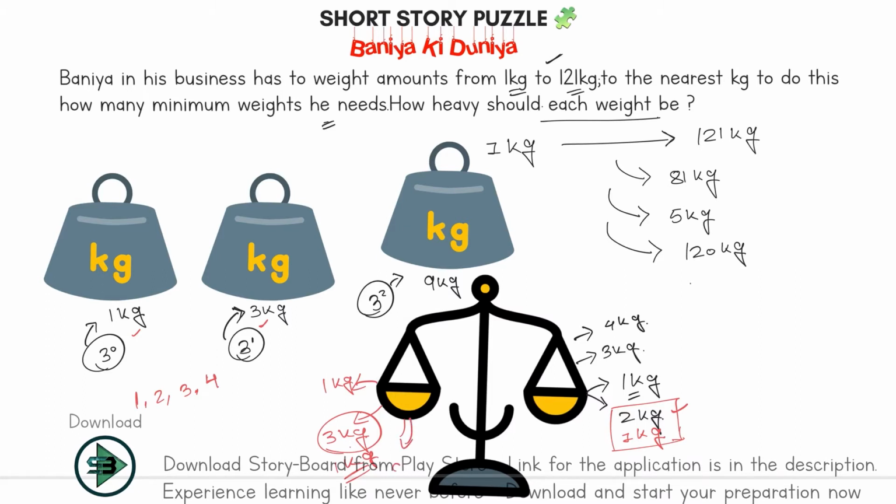I'll put 9 kg here, which is my this weight. Okay, and I'll put a weight of 5 kg here, which is what I'm supposed to measure. Along with that I'll put this 3 plus 1, which is my 4 kg here. Correct. Now I know this is 5 kg because this and this will balance. This is 9 kg. So can I measure 5? Of course I can measure 5. Similarly, I'll be able to measure 6, 7, 8 and then 9 and so on.